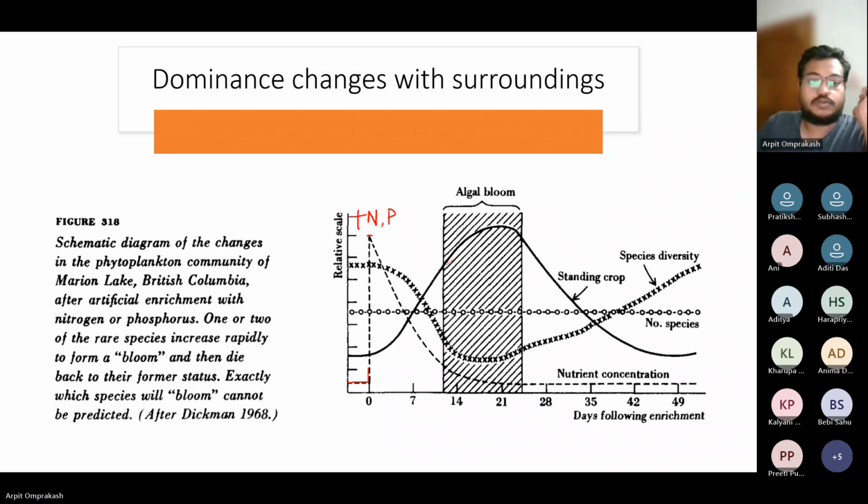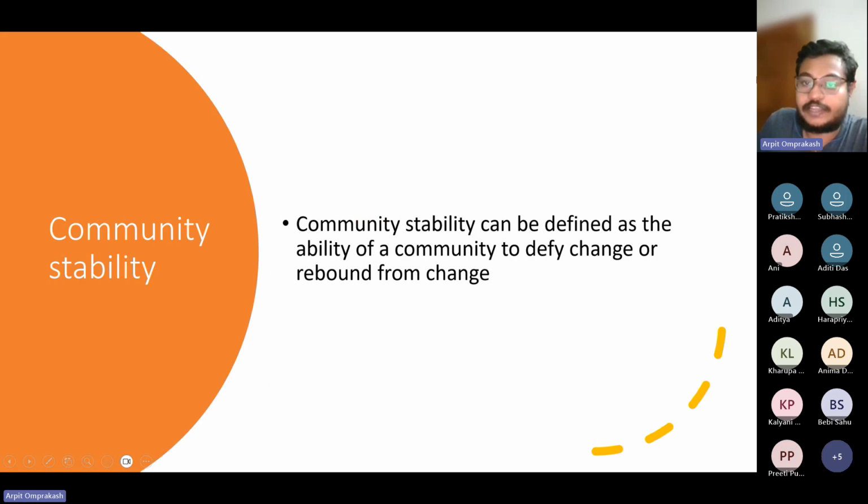So basically, in this initial condition, there was no dominance because there were limiting nutrients and everyone was competing for nutrients and it could not support a large number of organisms. So, for example, let's say we had